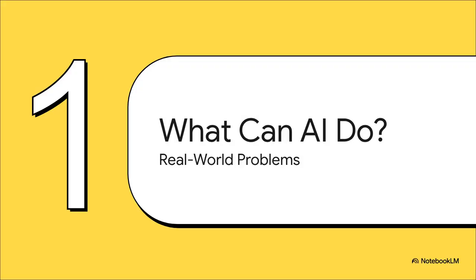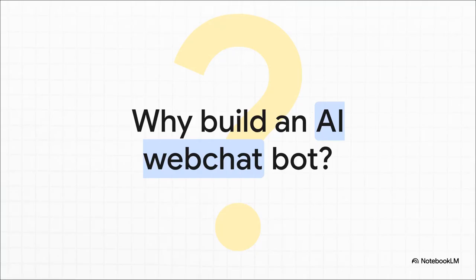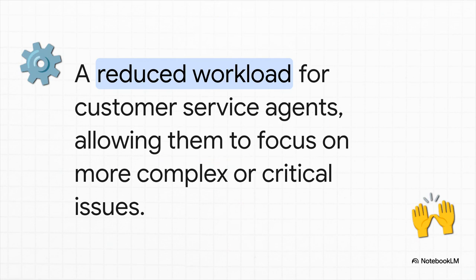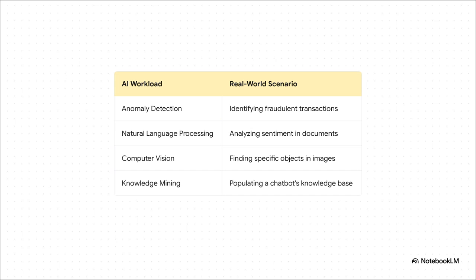All right, so first things first. Before we even touch the how, we've got to talk about the what. Like, what problems is AI actually trying to solve out there in the real world? Let's start with an example we've all seen. A company puts a chatbot on its website. We've all used one, right? But why? What's the actual goal they're trying to achieve with that? Well, most of the time, it's about one thing: efficiency. The bot is there to handle the simple, repetitive stuff. What are your store hours, or can I track my package? This frees up the human customer service agents to deal with the really tricky problems, the ones that need a human touch.